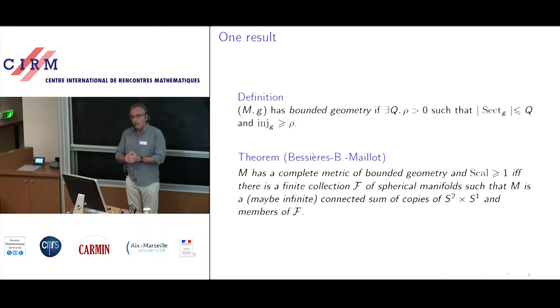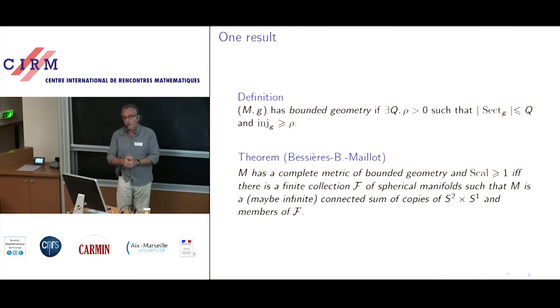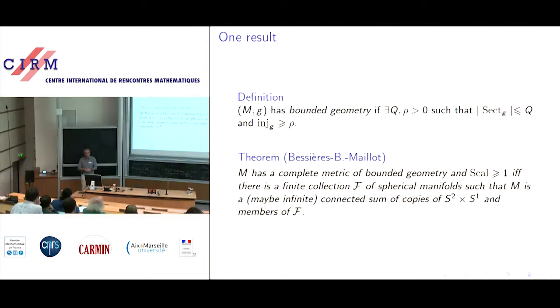And the theorem says that such a manifold has to be a connected sum of a finite collection of closed spherical manifolds and possibly some S2 cross S1. So let me explain this a little bit more. By spherical manifolds, I mean quotients of the three-sphere by a finite group. So lens spaces, projective space. S2 cross S1 are here just to take care of the